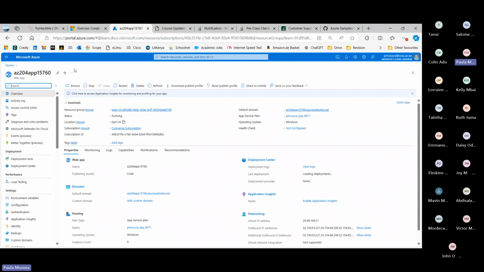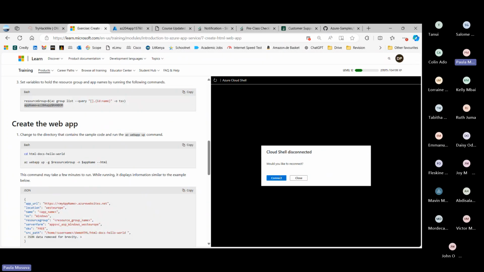So as you can see, it created a resource group. This is a random resource group. It also was able to associate me with a randomized app name. And all these are important because we will,